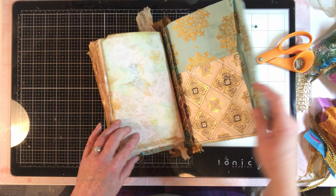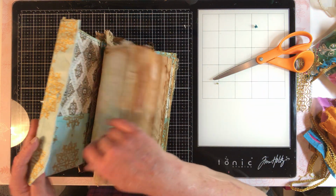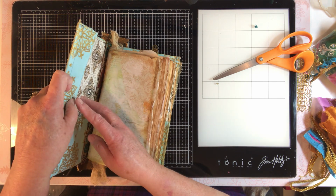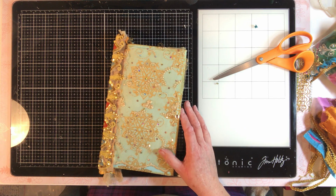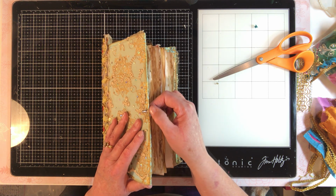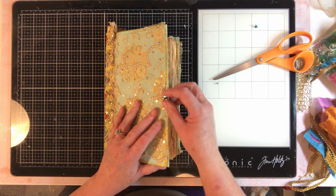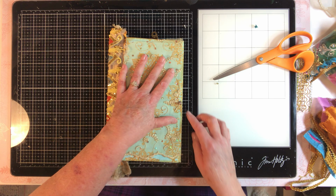Okay, now I've got it upside down, so it'll go like that. And it does not interfere with the pocket at all. That's what that big bite can do that the other one can't. And I got it just a little bit below, which is perfect. But see, this is going to be really close to the edge. Can you see that? So I want to put a little piece of fabric over there. Okay, but for now,